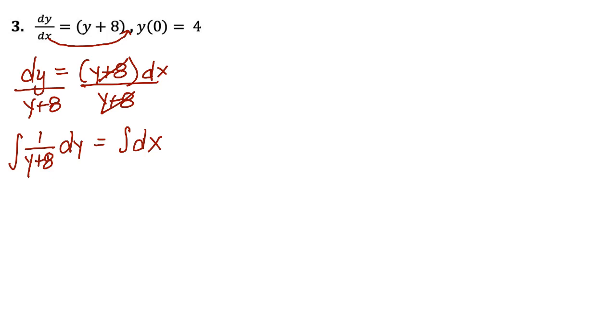So we talk about the derivative of the bottom being the top. What's the derivative of y plus 8? What's the derivative of y? 1 dy, right? What's the derivative of 8? 0. So what do I have in the numerator? A 1 dy, isn't it? So is the derivative of the bottom the top? Yes. So what do I put? So natural log absolute value y plus 8